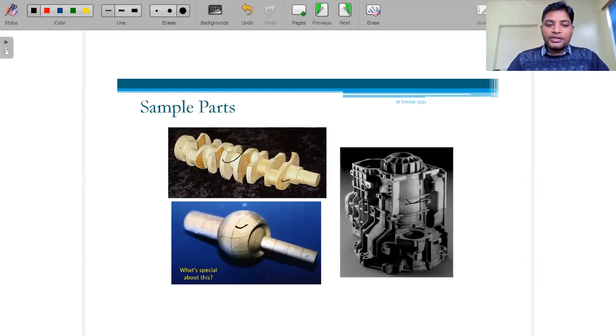What is the specialty of this one? If we manufacture this joint through normal conventional or non-conventional machining operations, then one of them we have to keep as a rubber, because both are spheres. If both are solid, then one cannot be inserted inside the other, right? This is the small sphere and this is a big sphere.